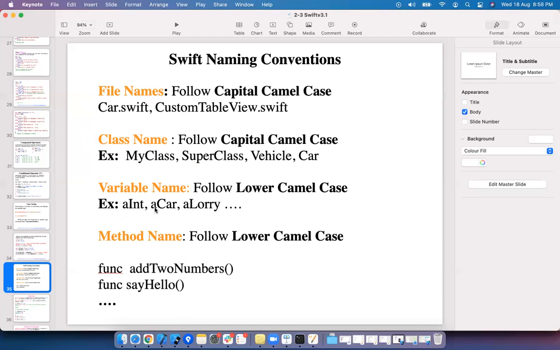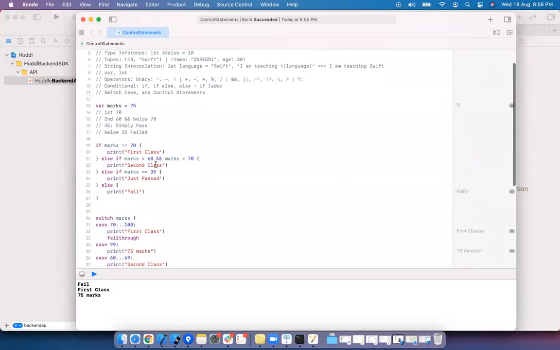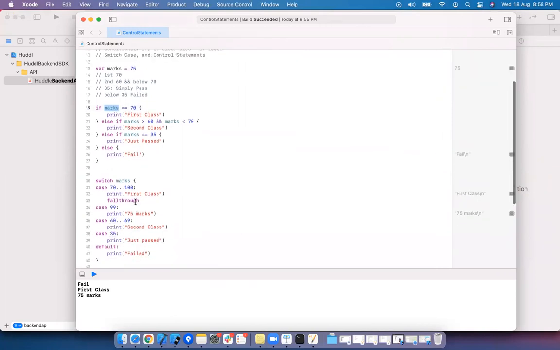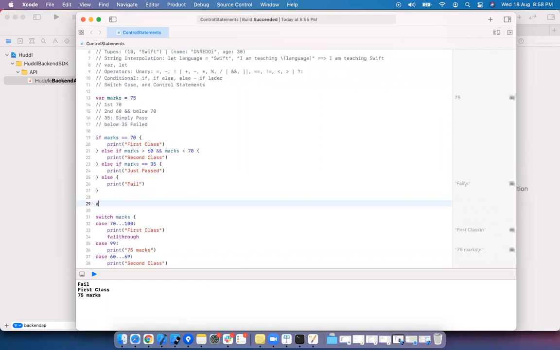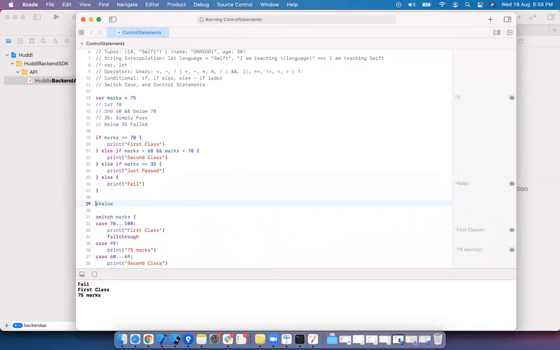aInt, aCar, aLorry, aValue. Even in my examples I have used marks. This is a single word, this is a variable, so everything will be lowercase only. I frequently use aValue. Here a is one word and value is another word.